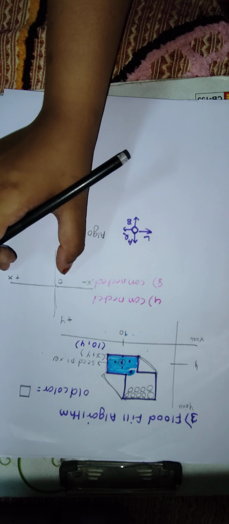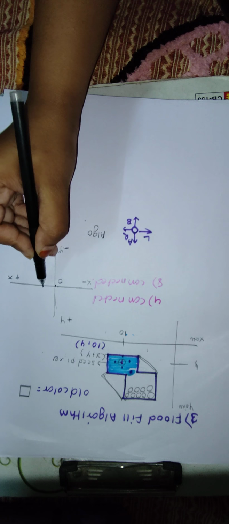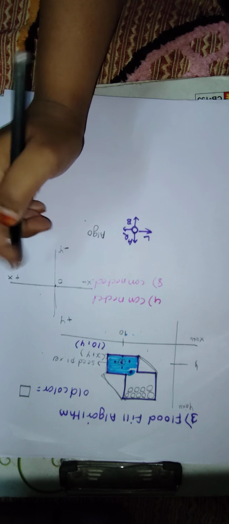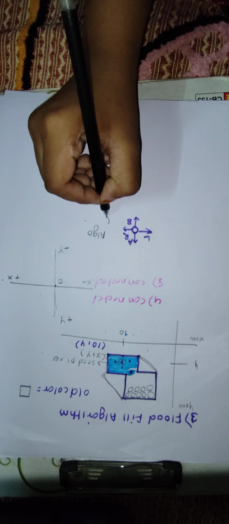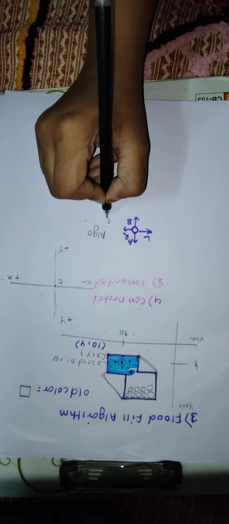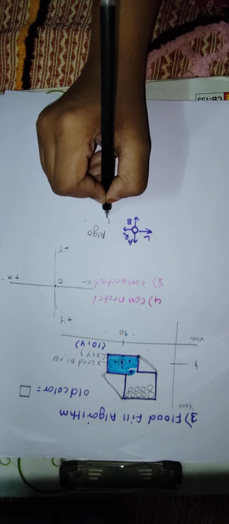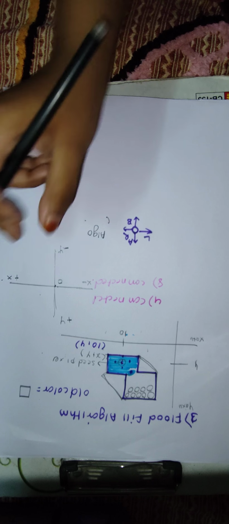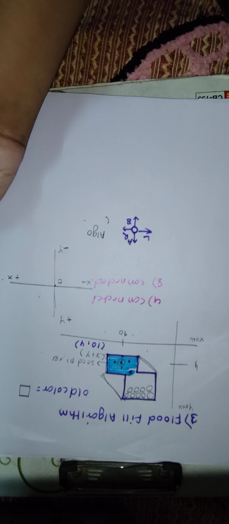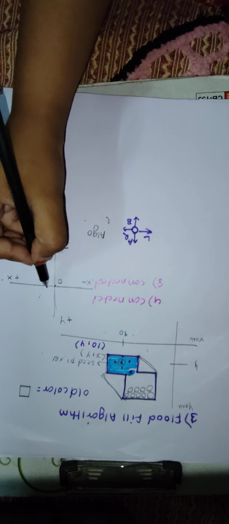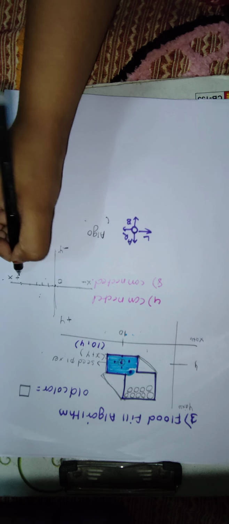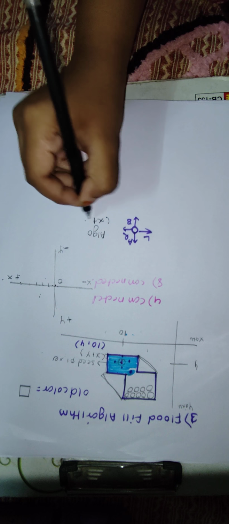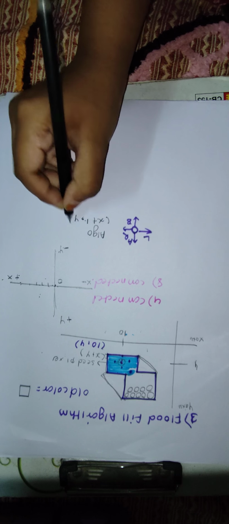So if the seed pixel is here, he wants to fill, so he goes from the right side. It only chooses the x and y coordinate as the get pixel. Now he wants to fill the color, so he is going from the right side, so x will be incremented. So the first condition is x plus 1 and y.